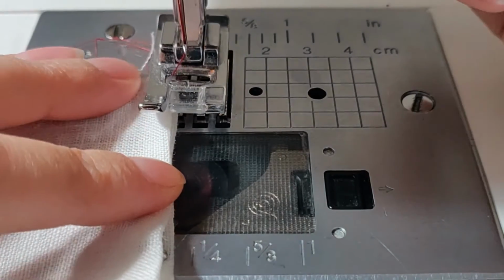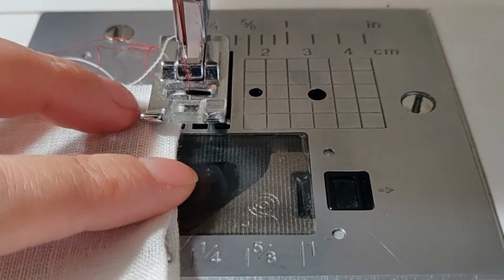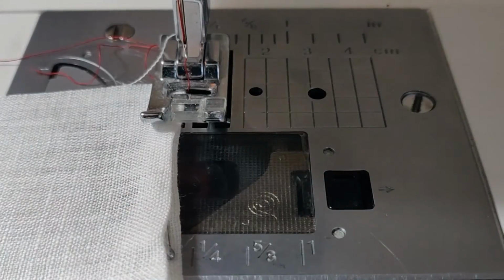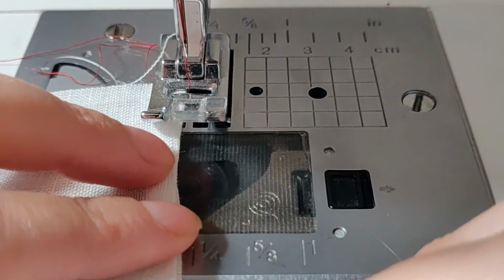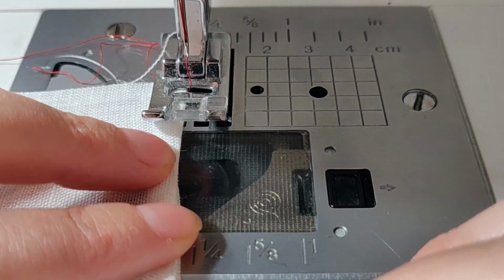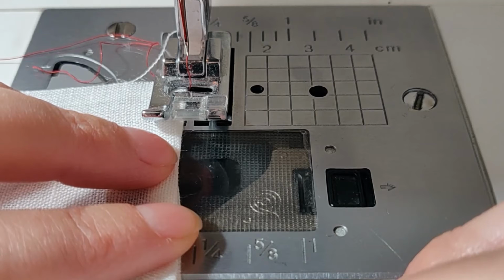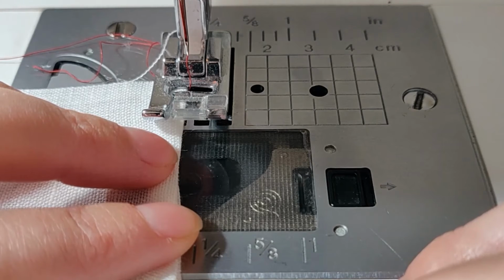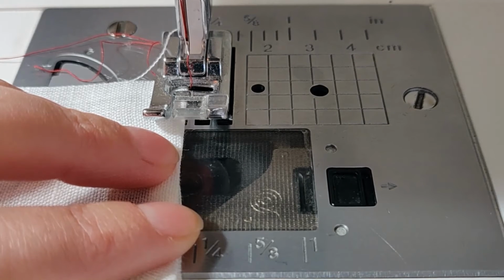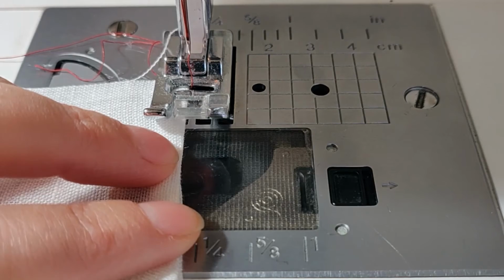Slip it under my presser foot, and I've got some red thread here so you can actually see what's happening, because this is not my shirt. This is just a little sample piece. Now my current settings on my machine, I can tell it in millimeters. Other machines, maybe there's a dial to make it bigger or smaller, but I have it at a width of 2 millimeters and a length of 3 millimeters, and I want that width as tiny as possible, so that for me it helps give me more control